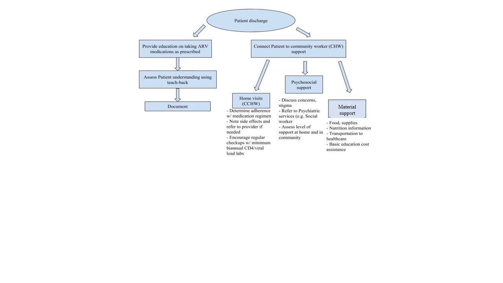Our process flow includes a very important element, which is community support using community health workers who are able to provide home visits in the community to give very important psychosocial support, and also assess the need for material support in the community, such as the need for essential food, supplies, transportation, and so on. Patients would be reminded to follow up at the healthcare center, leading back to the inpatient or part A of our process flow,